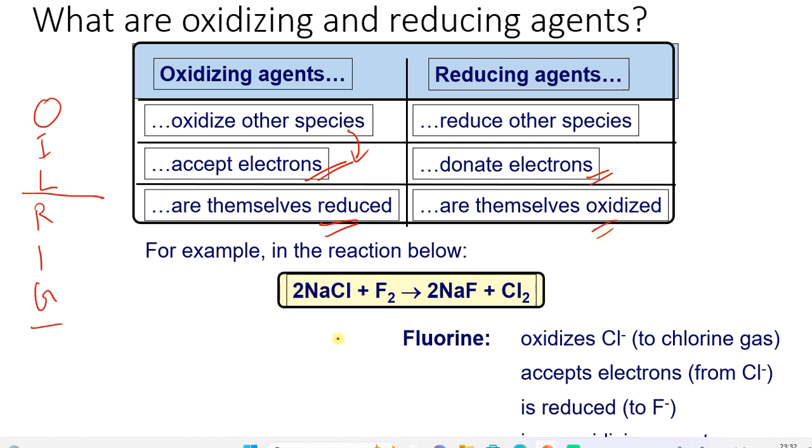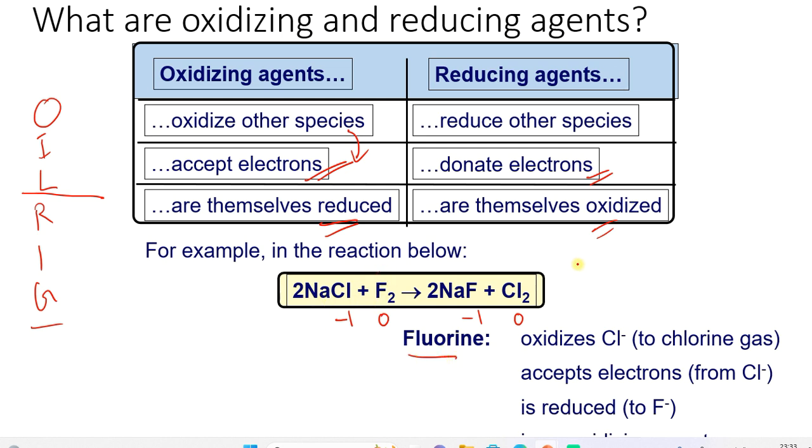Okay, so let's apply these ideas. Now you can see this is chlorine here. It's got a -1 oxidation state. Being an element here, it's 0 oxidation state. Fluorine 0 and -1, and you should say exactly what the oxidizing agent is. Sometimes people say the wrong side of the equation. Let's see. Now fluorine,